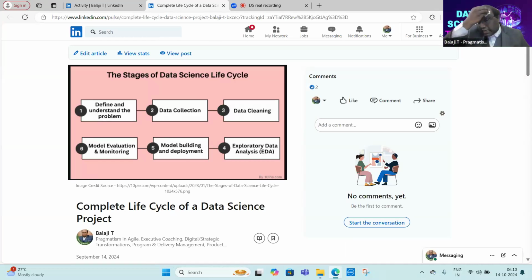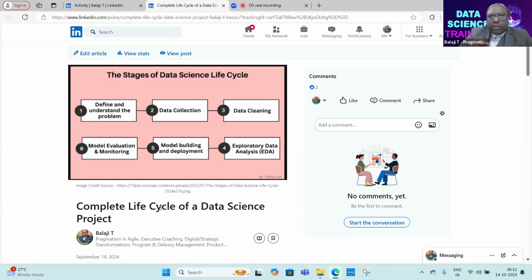Probably you can take a few seconds to look into this particular diagram. It is going to tell what the stages of a data science project life cycle are, which I actually explained to you in some of the beginning articles.